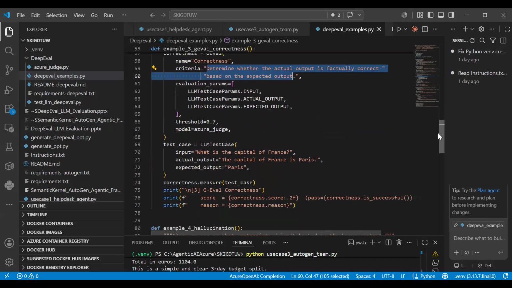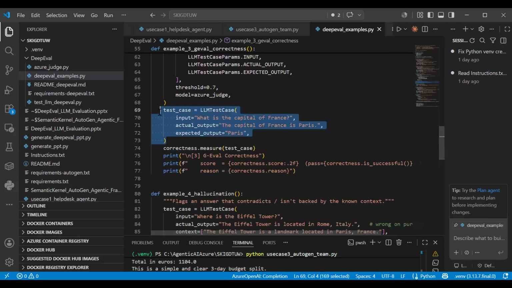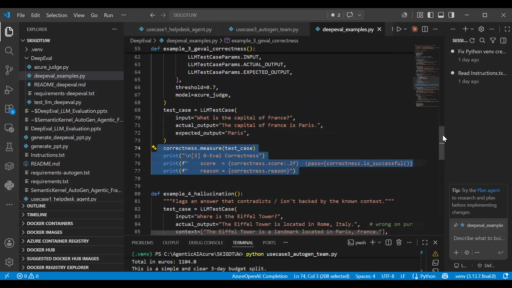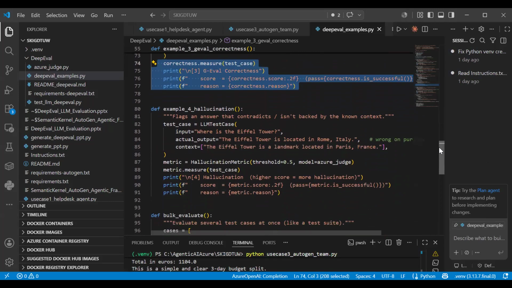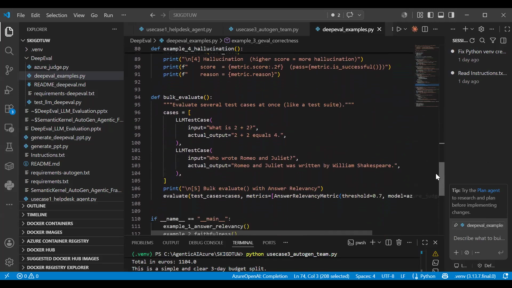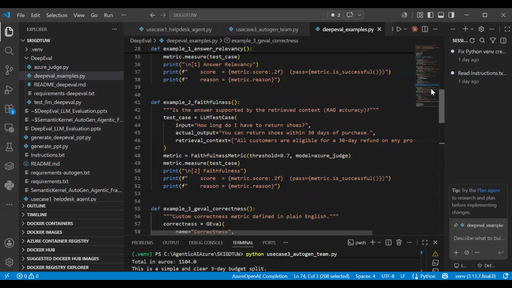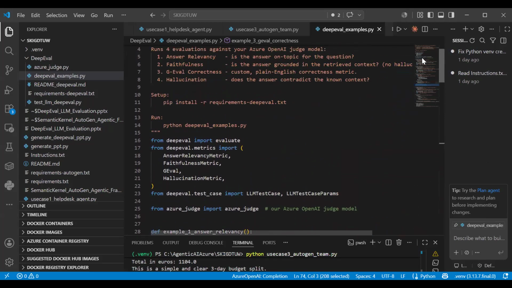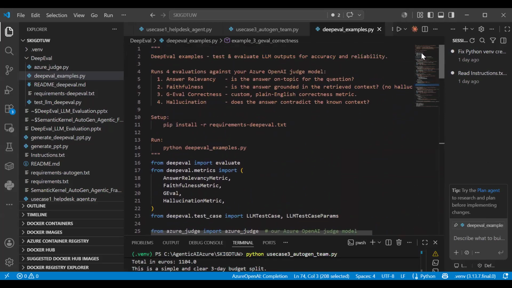DeepEval gives you this facility. We also have the hallucination metric we are trying to check. So there are different metrics we can check. This is how you can work on these DeepEval metrics.